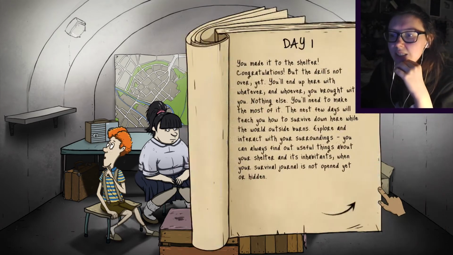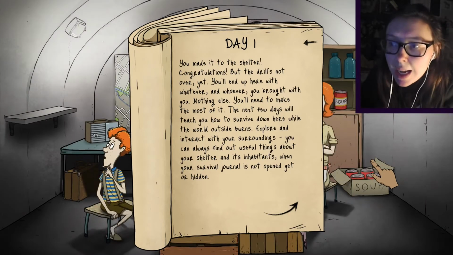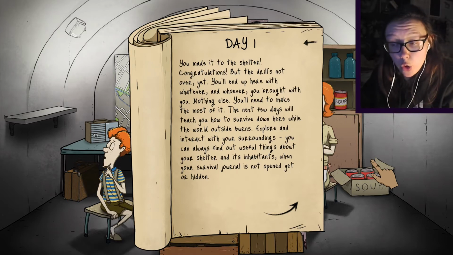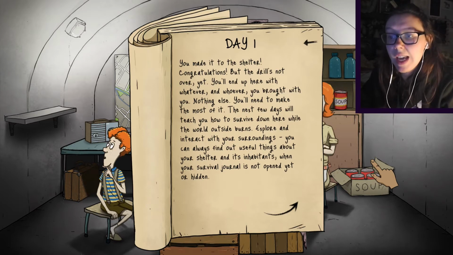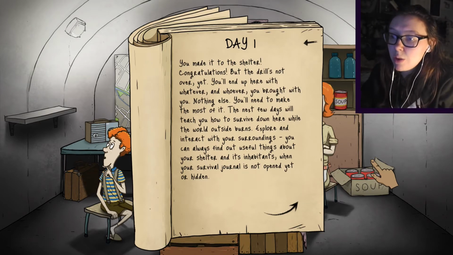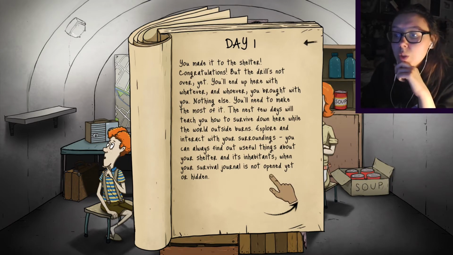Right, okay, so this is our journal. Day 1, you made it to the shelter. Congratulations. But the drill's not over yet. You'll end up here with whatever and whoever you brought with you, nothing else. You need to make the most of it. The next few days will teach you how to survive down here while the world outside burns. Explore and interact with your surroundings. You can always find out useful things about your shelter and its inhabitants when your survival journal is not opened